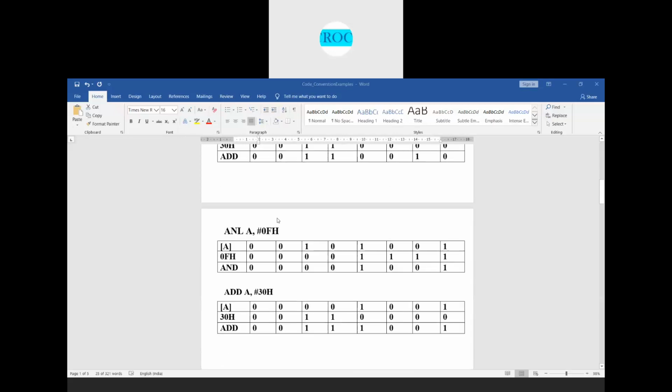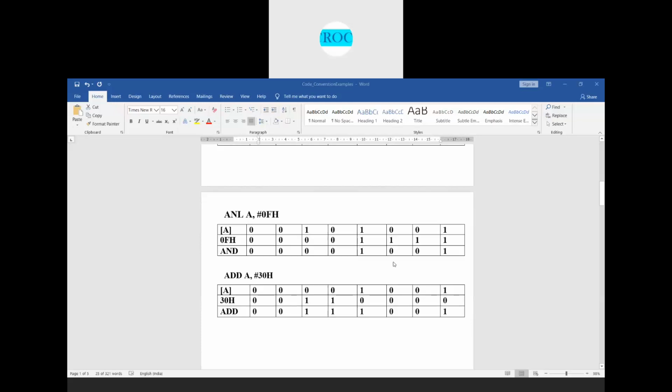Here I want only the lower nibble 9, so I AND with 0FH. When I perform this, the accumulator will have the content 0000 1001, which is 09. The accumulator is having 9.